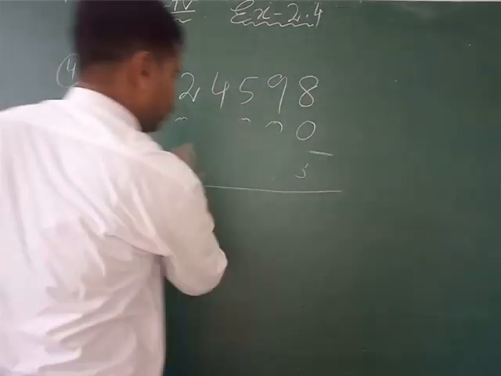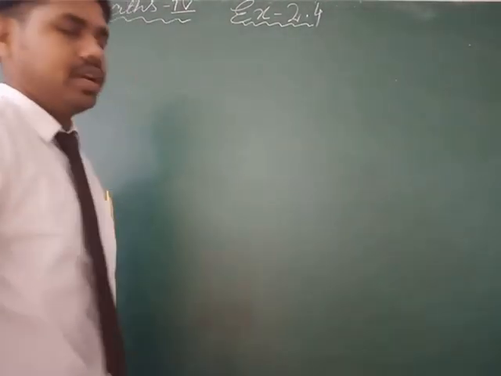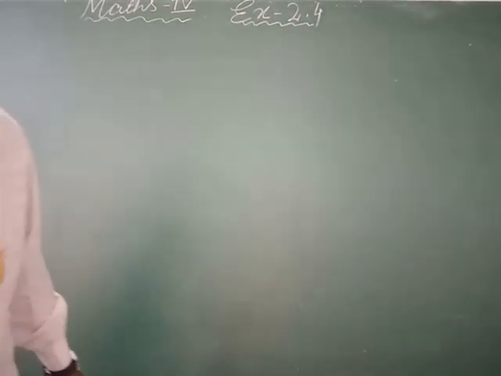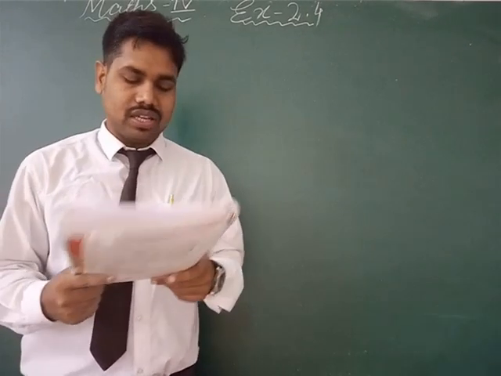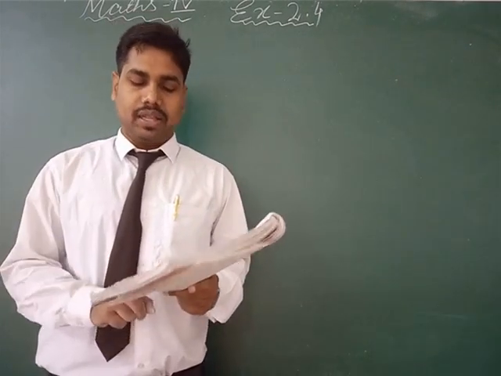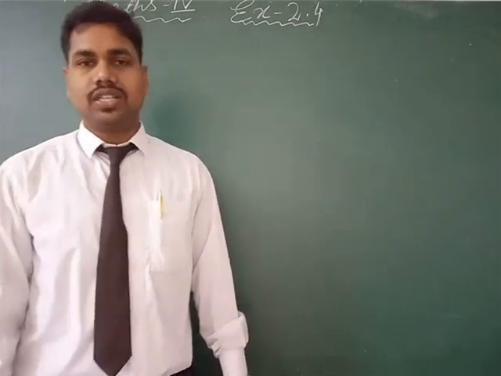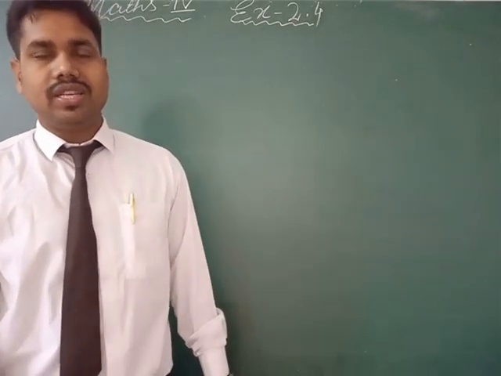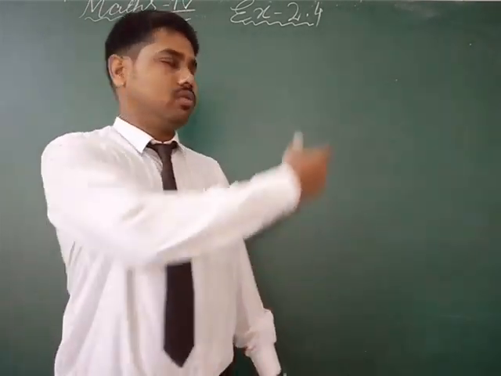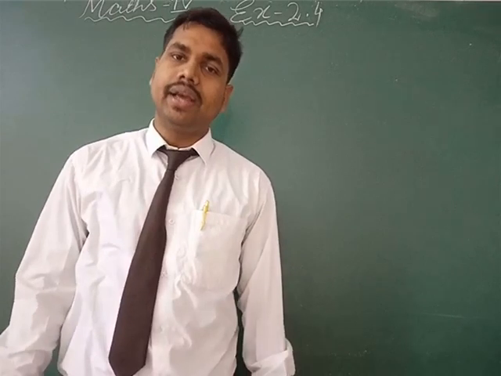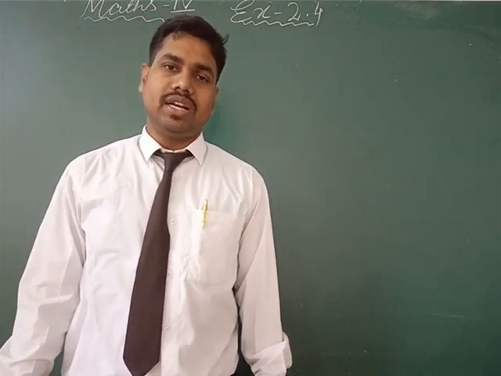The rest of all problems I hope you can do by yourself, because as I am saying, the rest of all problems are the same. Okay, only addition you have to do, and you have to understand what the question is asking. Question number 5 is asking, there are this many men, women, and children in a city, so find the total population. That is very easy. You will just arrange the numbers place value wise from the right side, and then add, and you will find the total population of that city.